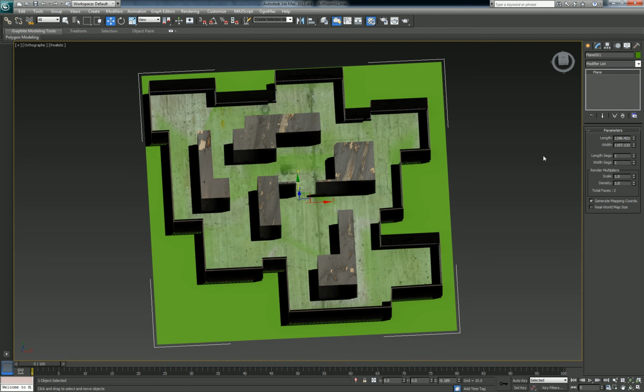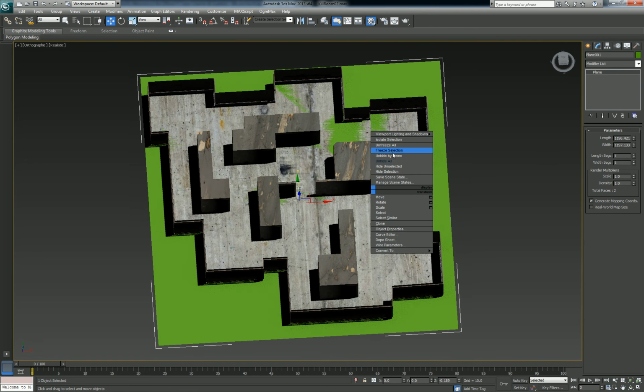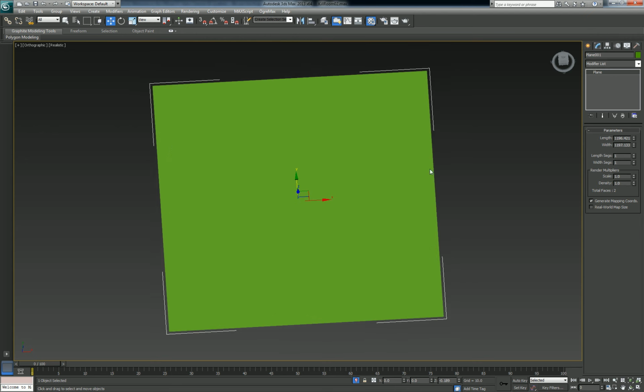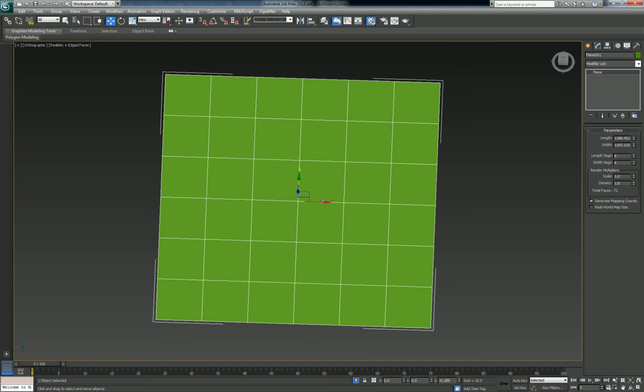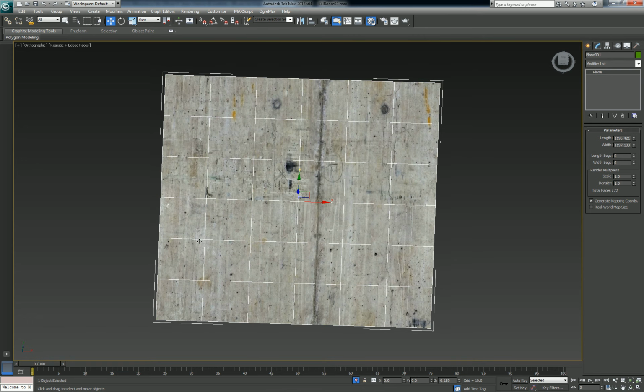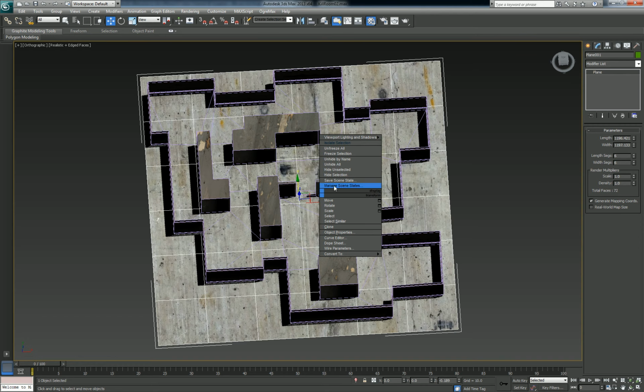And if I isolate it, I'm going to up the iterations actually back to 6 and 6. As I explained, if we're going to light map this also in Radiant, or when we compile it, if we don't have enough subsections, then the light mapper will create black spots onto this here. Okay, then with that done, I'm just going to throw that texture onto it, unisolate it, hide selection for now,